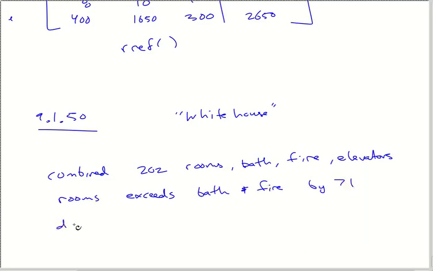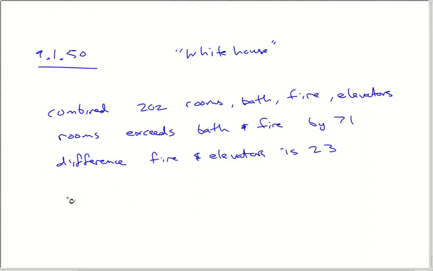Next sentence. The difference between fireplaces and elevators is 23. Last sentence. It says if your bathrooms were doubled, they would exceed the fireplaces and elevators